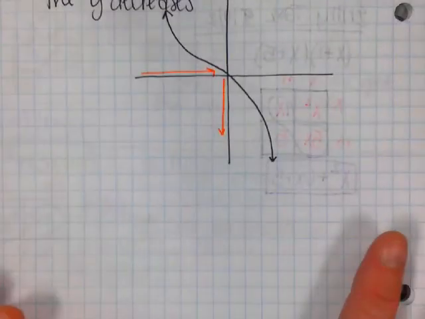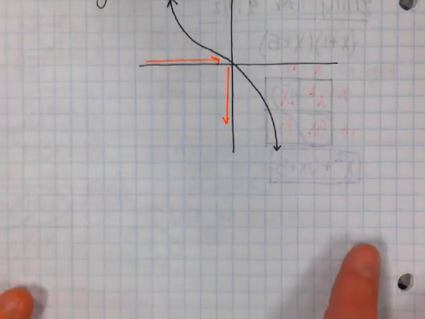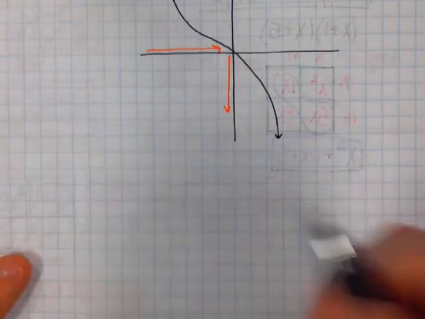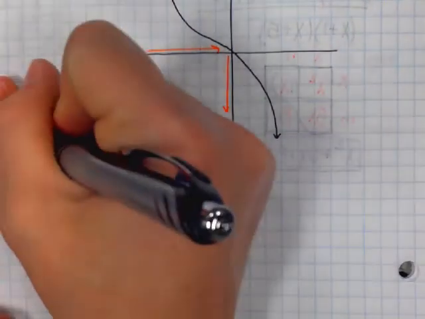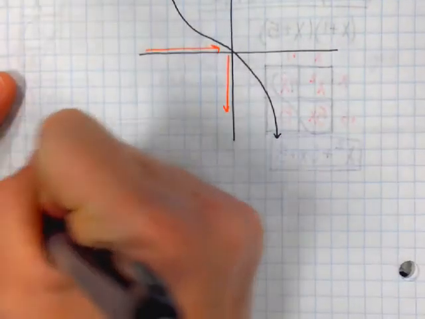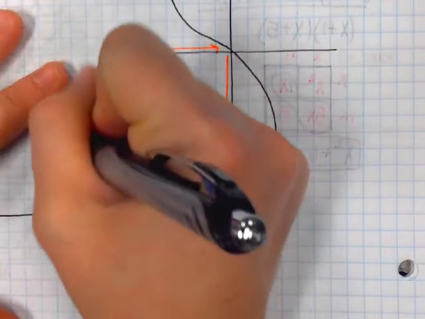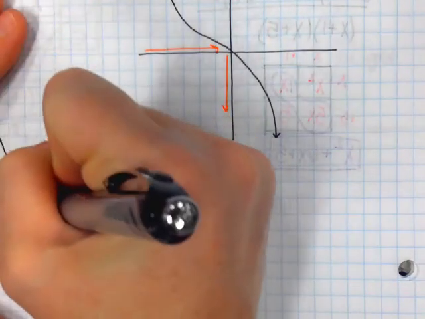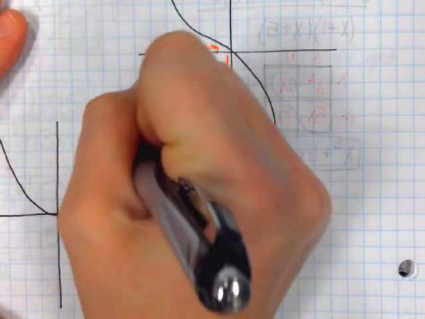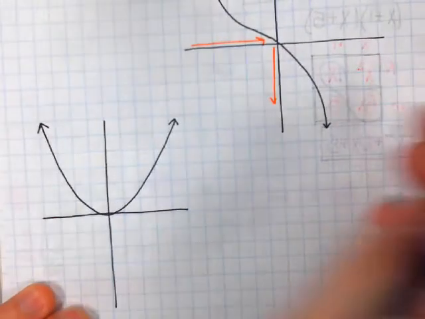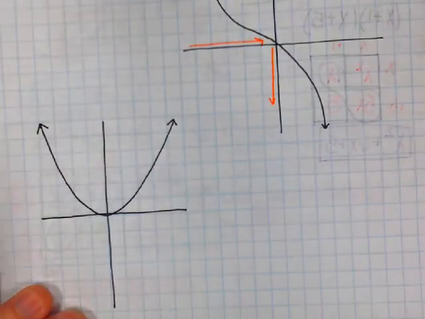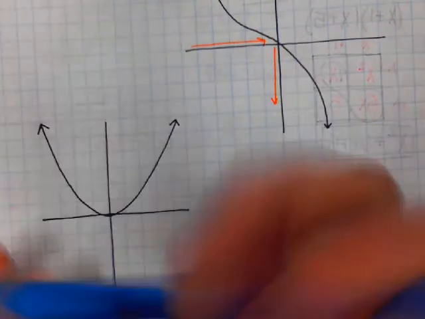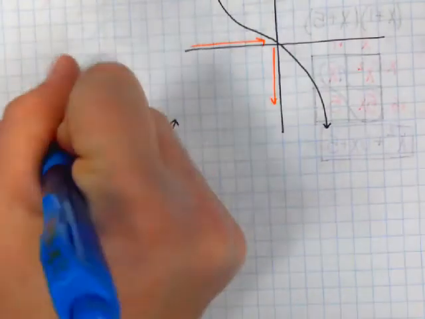You can also have a function that has both in it. Like if we talk about a parabola, this one is decreasing